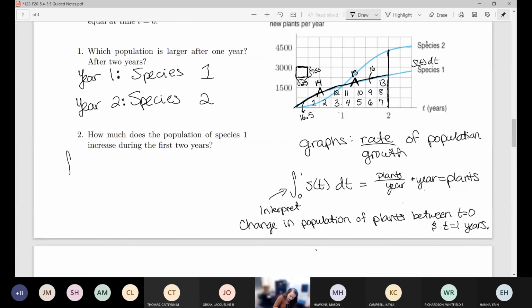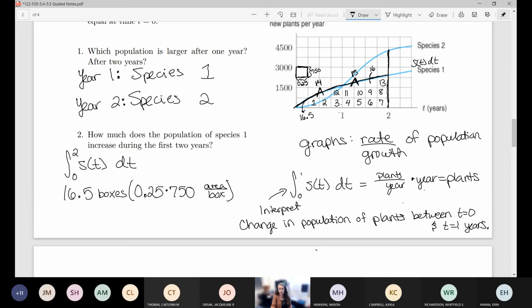So if I want to know the change in population, that's asking me for the integral from 0 to 2 of, I named that function, s of t. And we found that that was approximately 16.5 boxes. And the area of each box is going to be whatever 0.25 times 750 is. So we have 16.5 times 0.25 times 750, which gives us